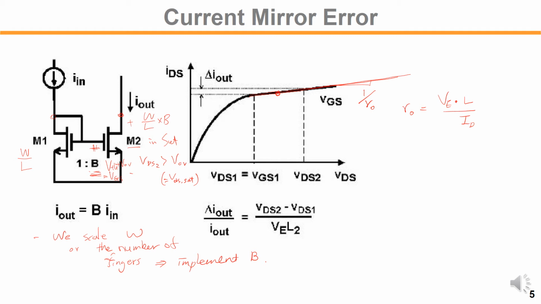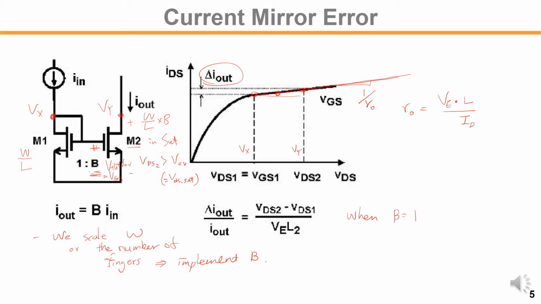So if we have a different VDS, for example, let's say M1 has the VX voltage on the drain, and M2 has the VY voltage there, then VX and VY have different drain voltages, that would give us the delta I out, the current difference in the current mirror. So for example, when B equals 1, then this delta I out can be found by the drain